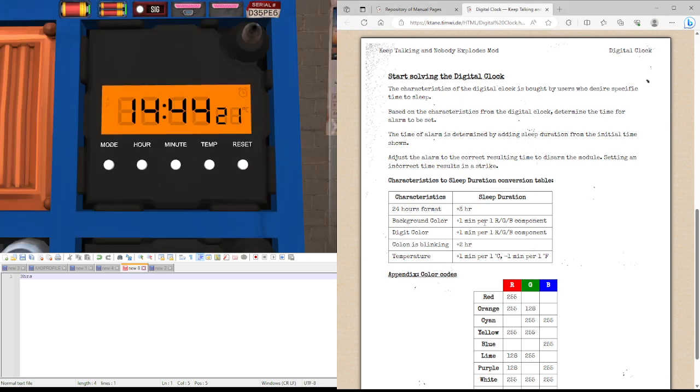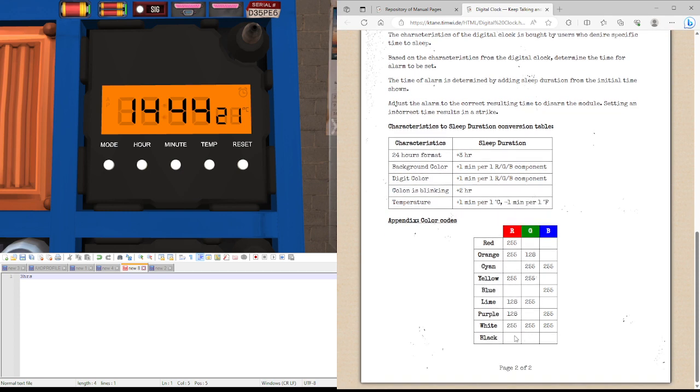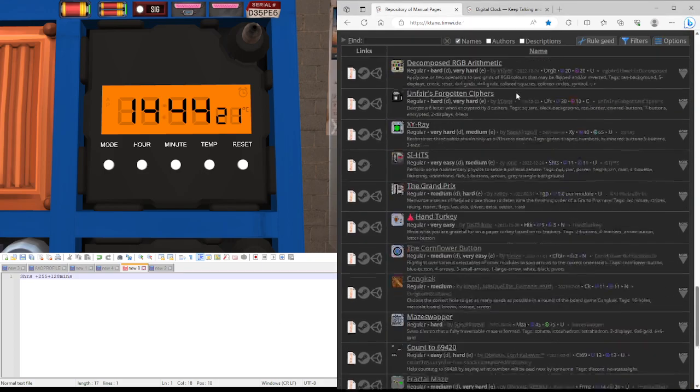We'll be adding 1 minute per RGB component. That's the same with the digit colours. So for black, we won't be adding anything. But for orange, we're going to be adding 255 plus 128 minutes, which is equivalent to